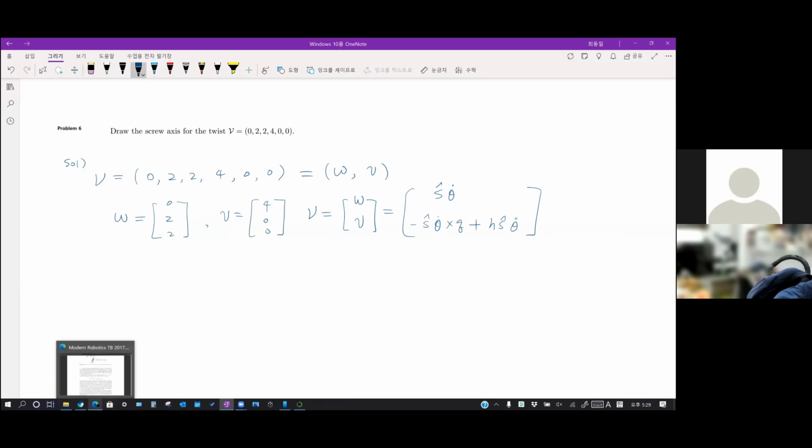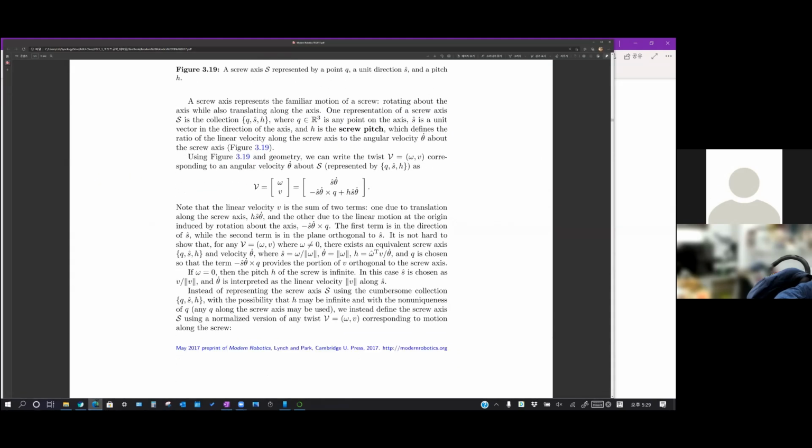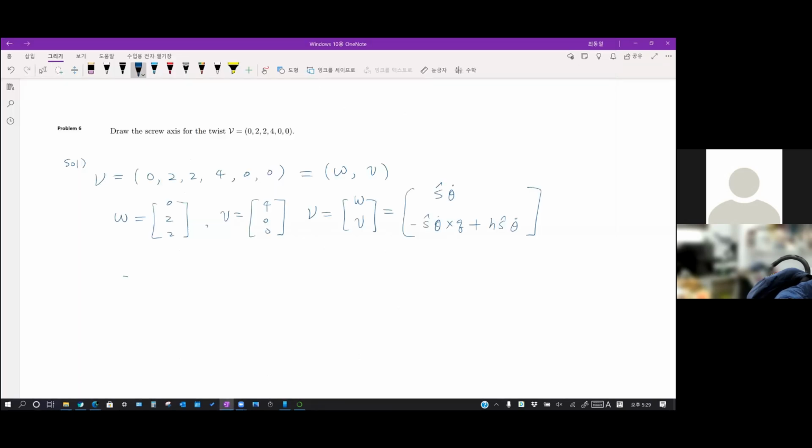And the general calculation of S hat is done by this equation. S hat equals omega over the size of omega, and theta dot equals the size of omega, and V,